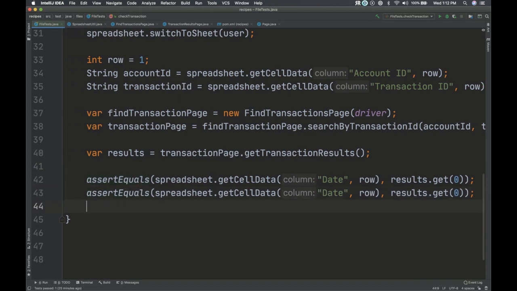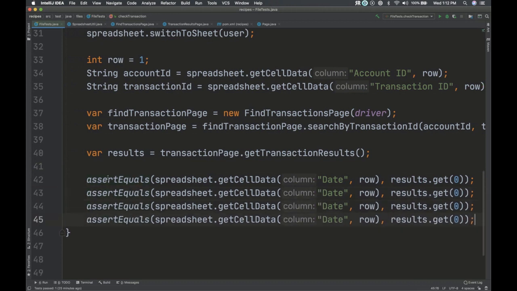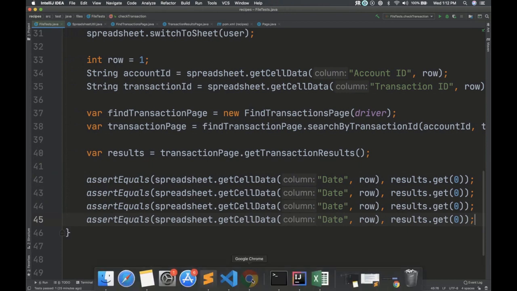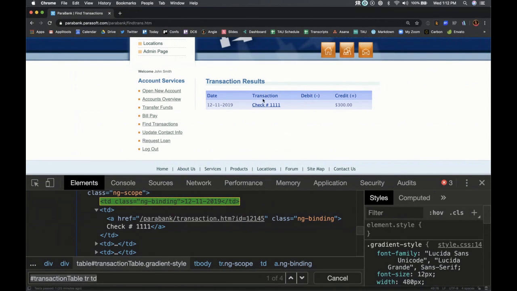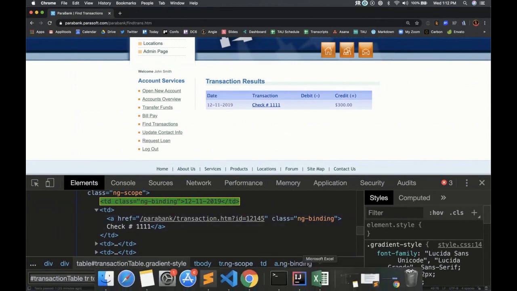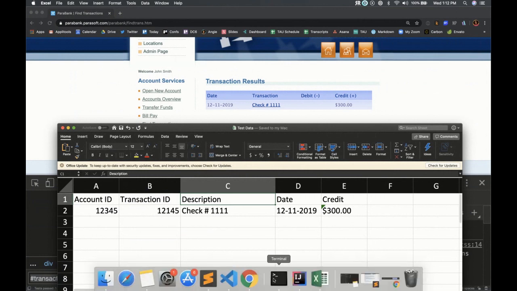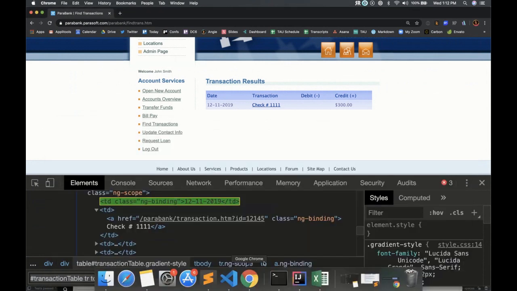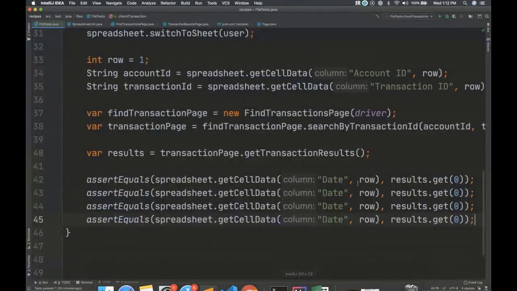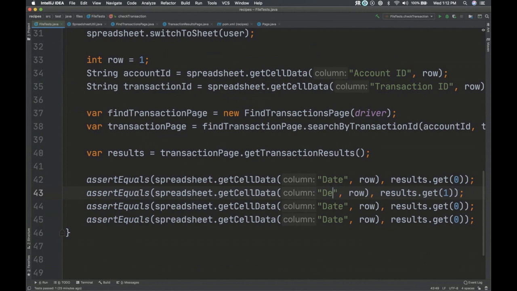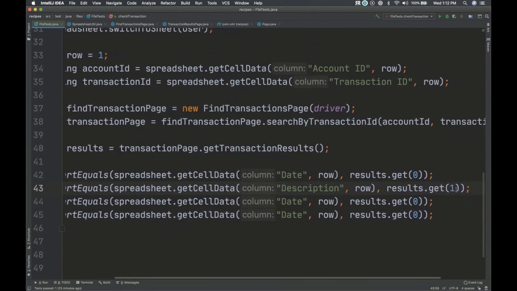We can just do this for all of them, right? I can do the transaction, but we call that description. So let's see, description, and that will be the second one. The description from the spreadsheet compared to the second column on the web.